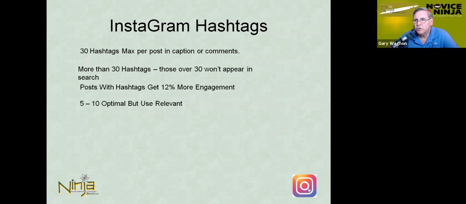I very seldom use the 30. I'm more in the 5 to 10 range on mine, just because for the most part, I don't want to broad stroke the hashtags, the same hashtag for every post, because they don't always apply. So what you want to do,